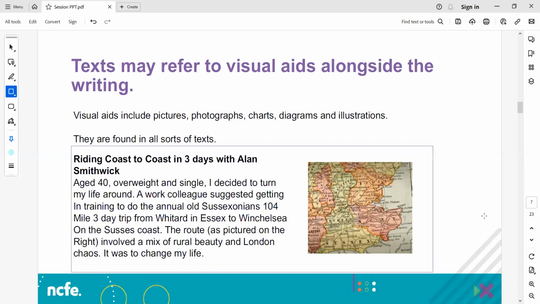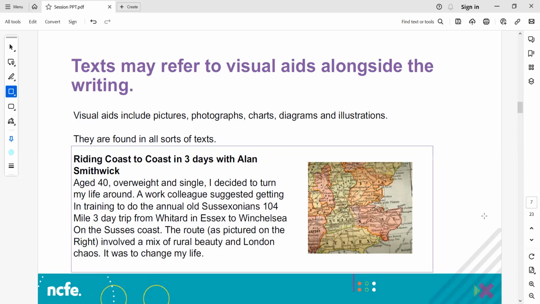Sorry, spinning a bit. So text may refer to visual aids alongside the writing. So you're reading a text and there's an image there. It could be a photograph, an illustration, a diagram, a graph, and so on. And it could be just there as extra information to look at when you finish reading the text,